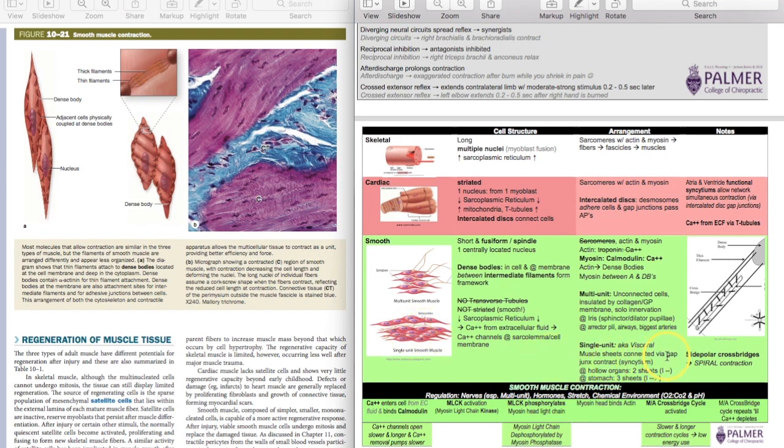All those cells are connected to each other with gap junctions, which, just like intercalated discs in the cardiac tissue, allow the passage of the stimulus for contraction between them to create the functional syncytium to allow for efficient digestion. And the unique type of contraction in this smooth muscle is the concept of the side polar cross bridge, which this diagram shows you, where you have an oblique arrangement and sort of a twisting